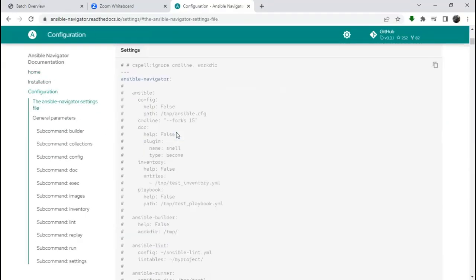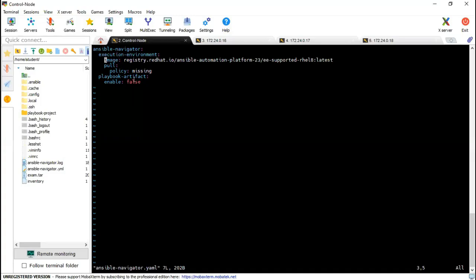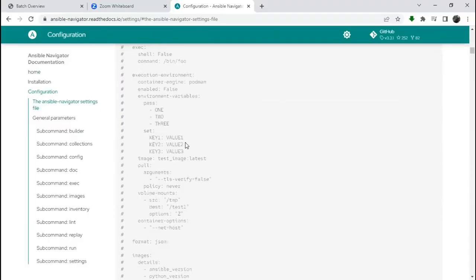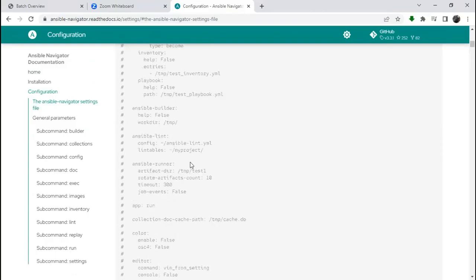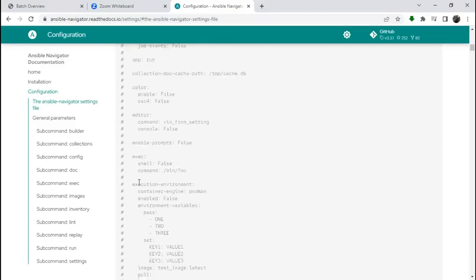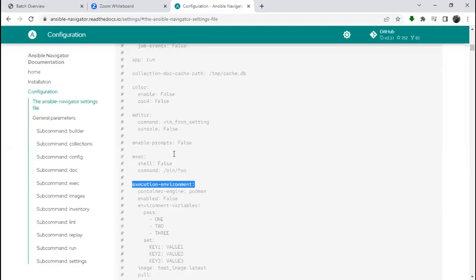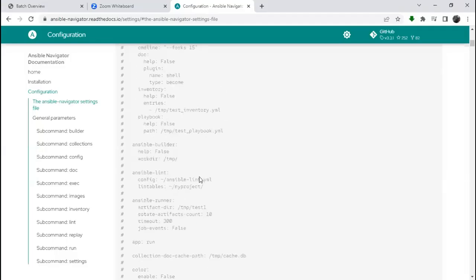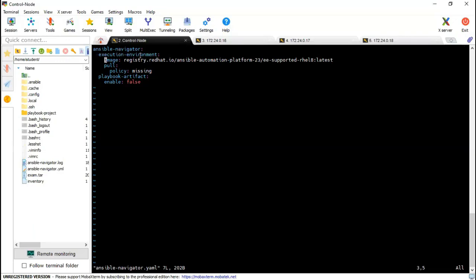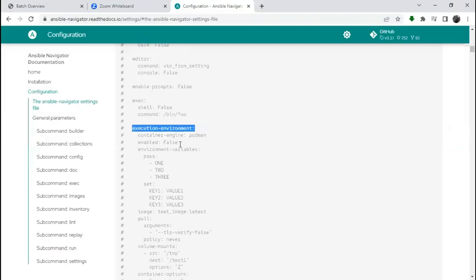I thought here it is. See, Ansible Navigator. You can match the content there. Ansible Navigator, then execution in everything. Only thing is you need to explore this a little bit. Yeah, here it is. Execution environment. Image pull policy. That's why I told you. If you have a container background, then it will be easy, because you will get this page, and here you will see Ansible Navigator, execution environment, image pull policy, everything.